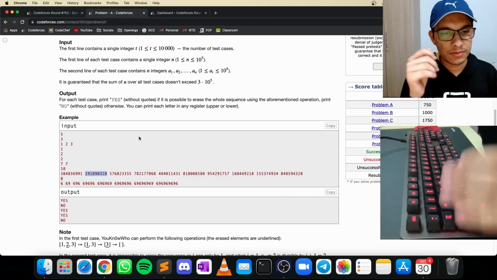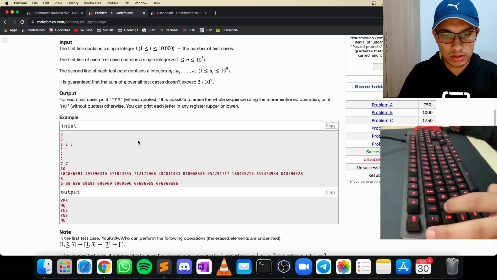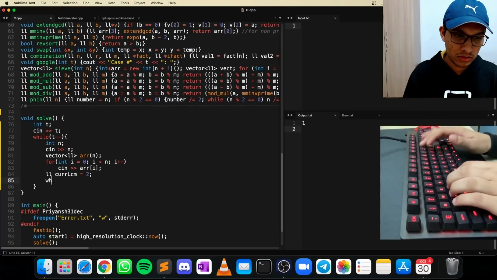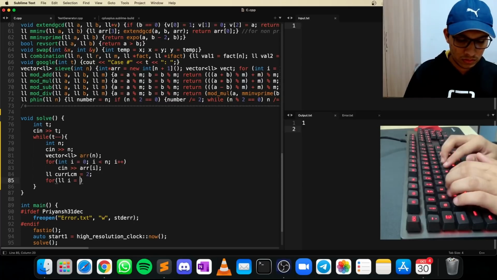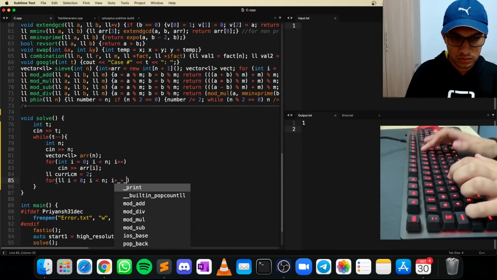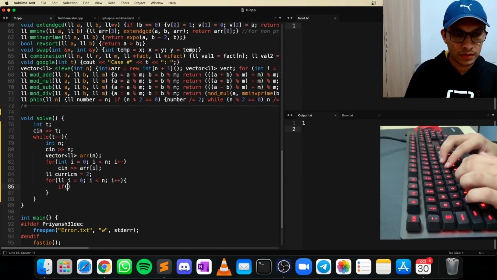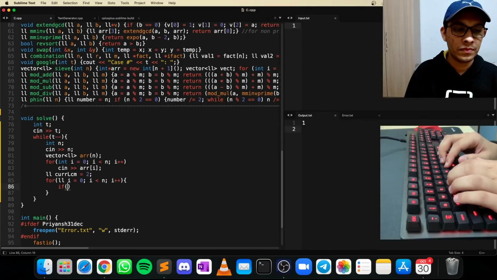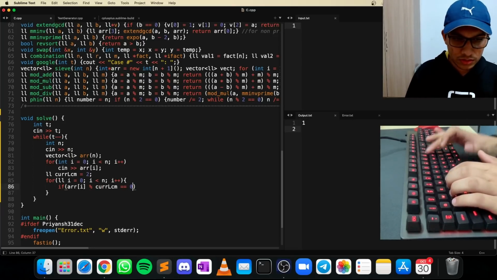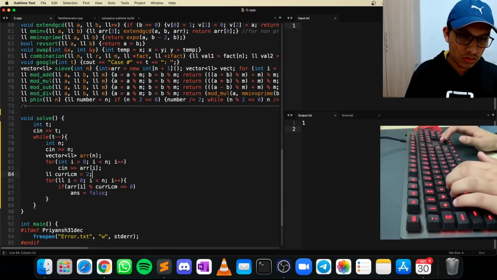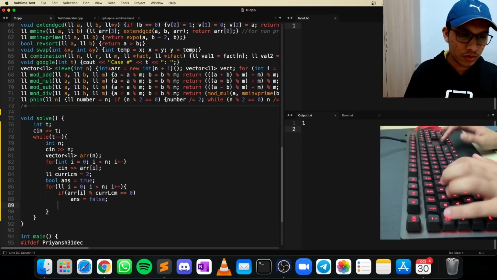No, if it is not divisible by any of them, then it works. And if it is divisible by all of them, then it does not work. Right. If ARR at I modulo LCM equals 0, then answer equals false. Right, and here what we do is